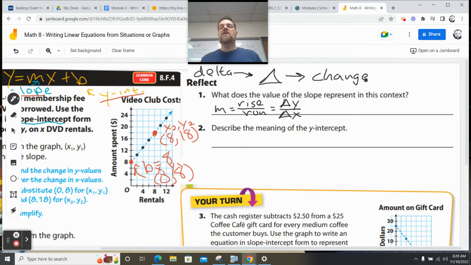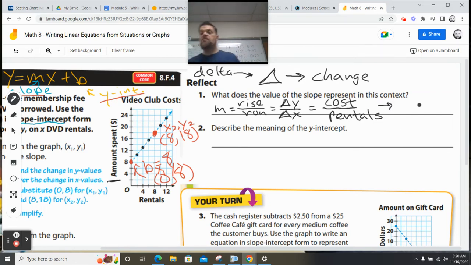Incremental is usually what it means, but you could call it change. But what is y? What does y represent? Look at the graph. The amount of dollars spent, so I'm going to change that to the cost. What does x represent? Rentals. And if you use it in the context of the problem,